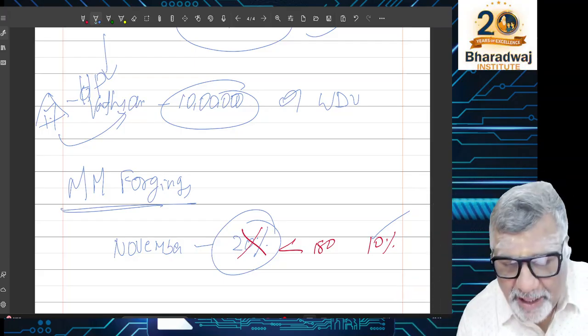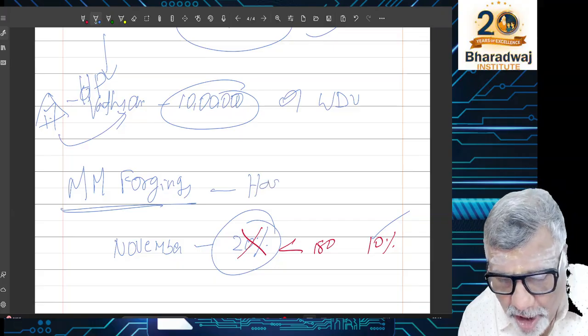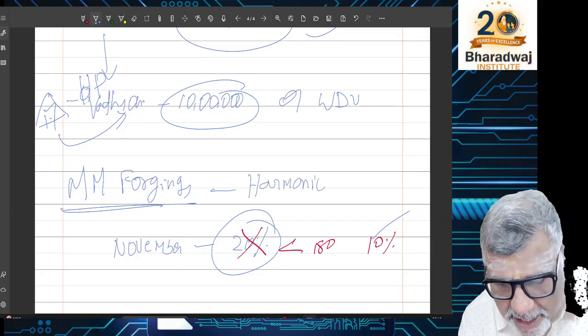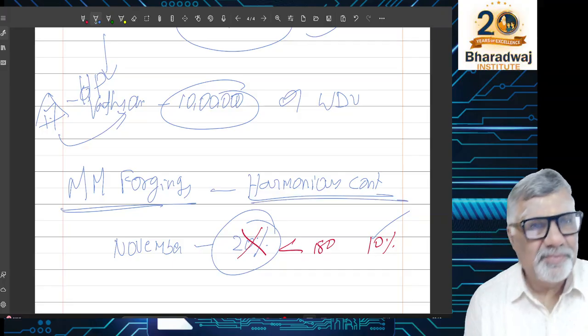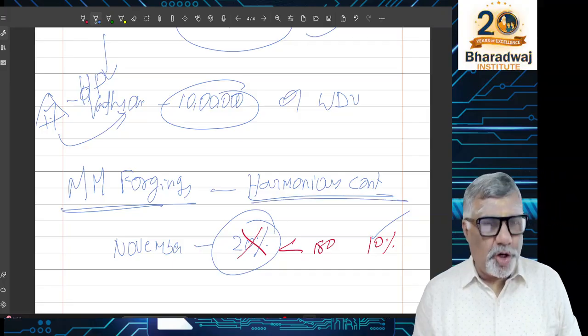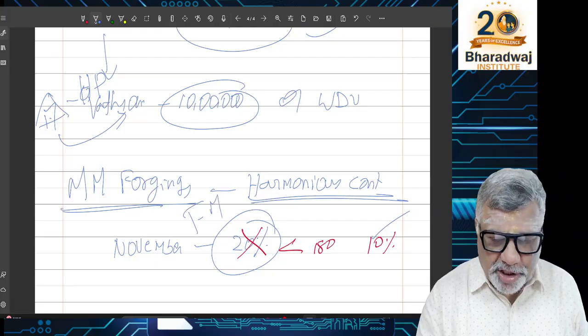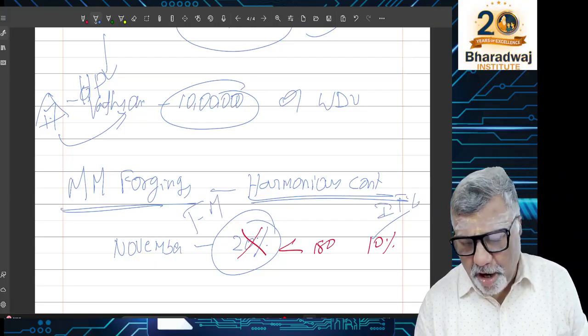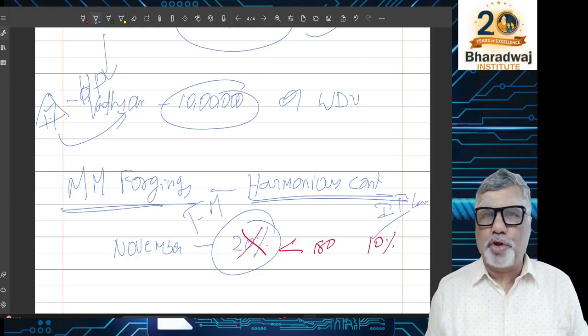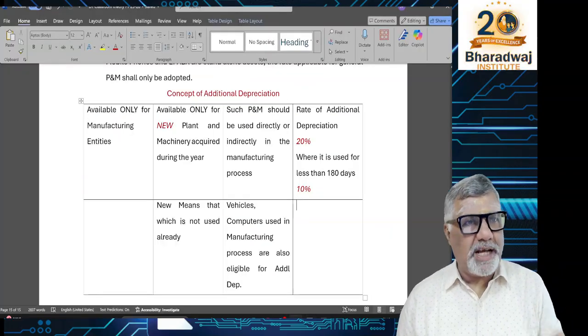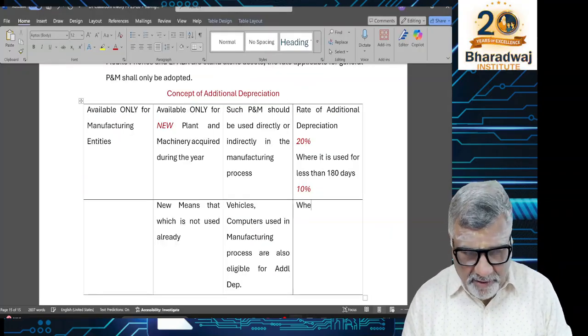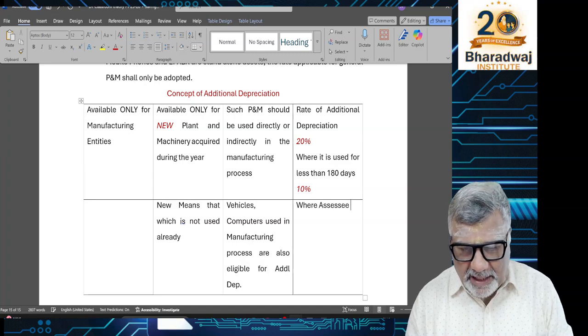The court gave a provision called harmonious construction. Boss, when there are two, one is a finance minister's promise, another is the IT law, both should be given effect to. Both are not wrong. So the court said, which became a law, where the assessee claims only